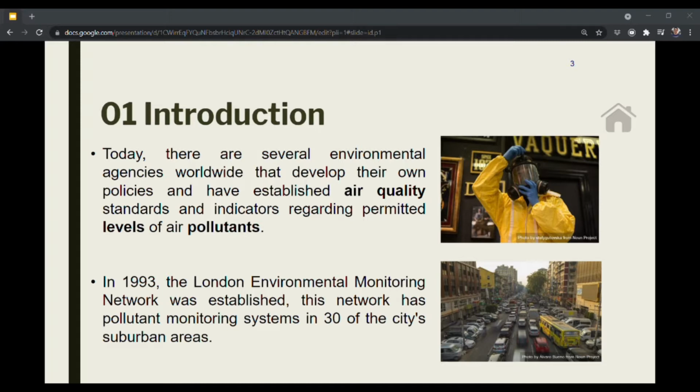That is why, in cities like London, there have been implemented monitoring systems for air pollutants which generate concentration level data. This study aims to compare the efficiency of stochastic and heuristic predictive models on the forecasting of ozone concentration to estimate London's air quality. This is done by analyzing an open dataset retrieved from the London Data Store portal.